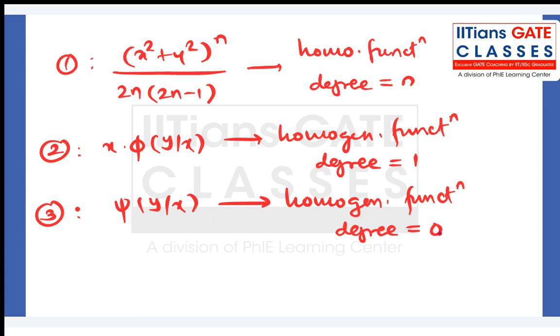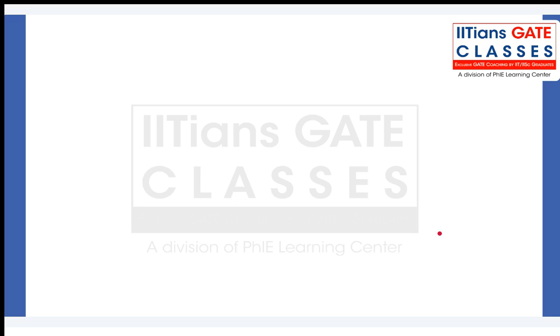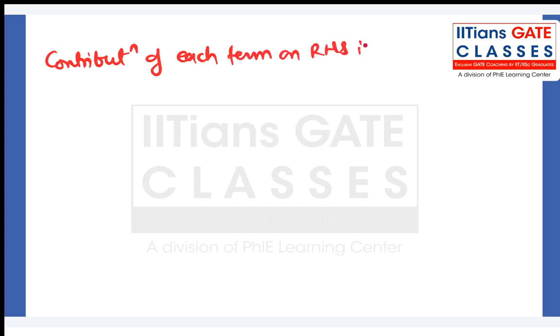So on the RHS you have 3 functions. I mean all of them are homogeneous, but one is having degree n, one is having degree 1, and another is 0 degree. So in such cases, you are supposed to find the contribution in this second order operator from each term. Okay, so that is your final answer. So the contribution of each term on RHS in second order